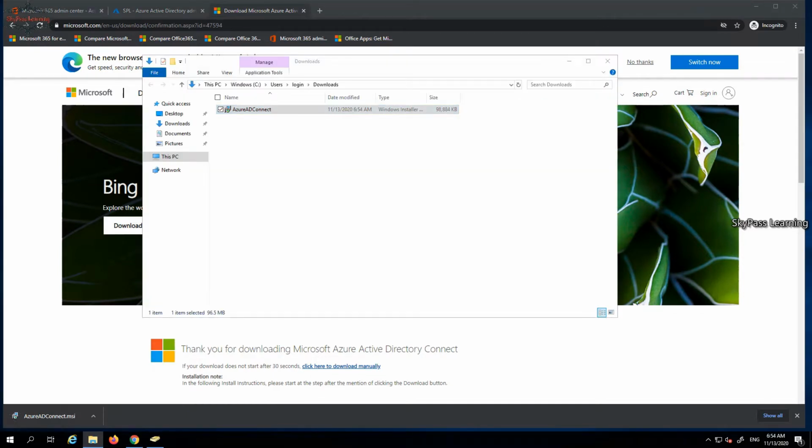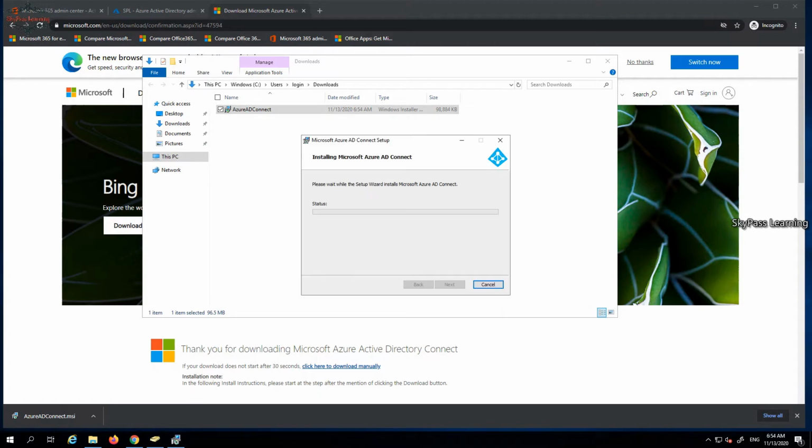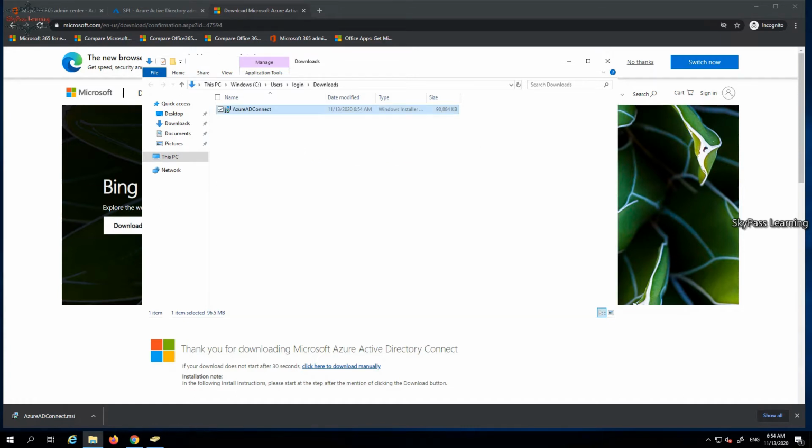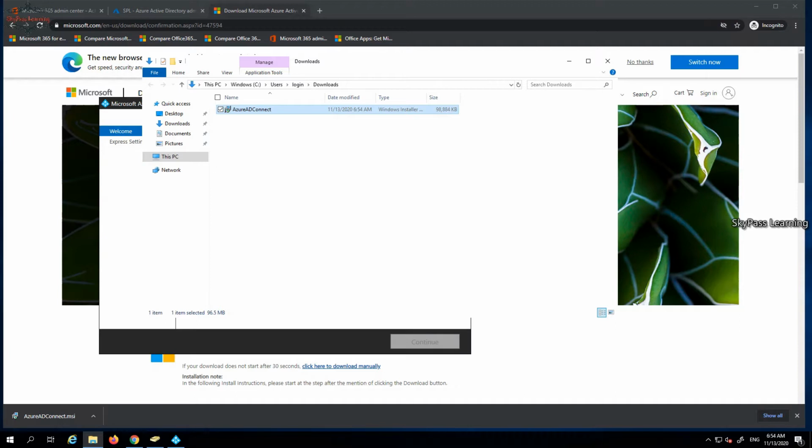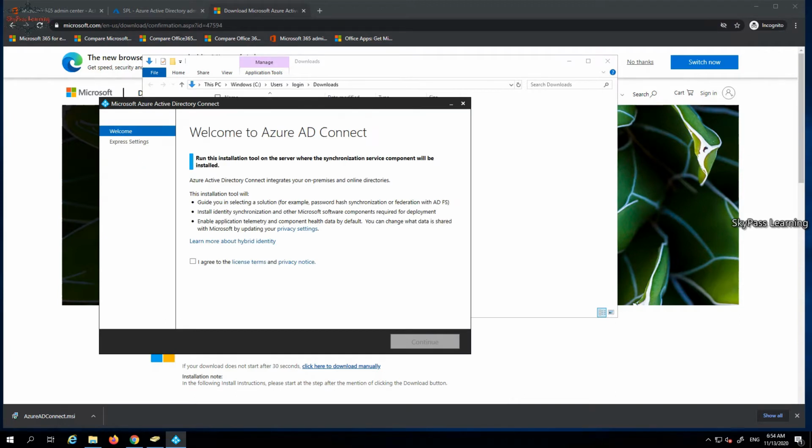You need a server where you can deploy it, and it must have connectivity with the internet as well as with your local internal Active Directory. So make sure wherever you are installing this, you have these two functionalities available. You have to agree, click on continue.